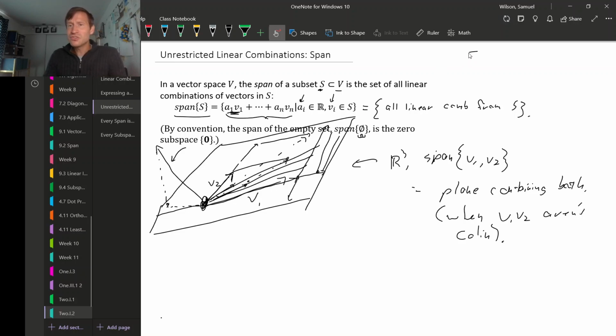Incidentally, some sources use this notation for subspace, just square brackets, but I would say that that's less common than actually just writing the word span, so I'm going to keep writing the word span. All right,